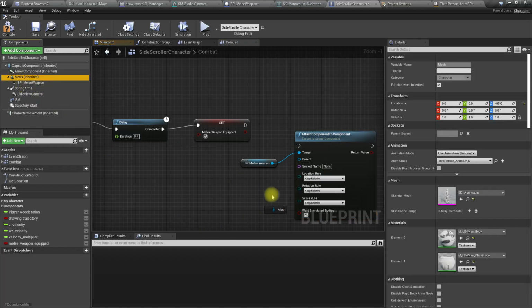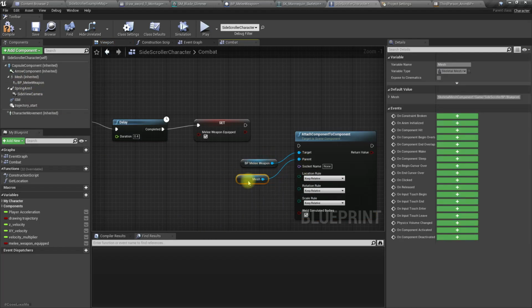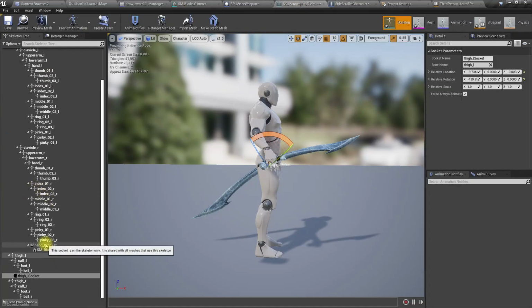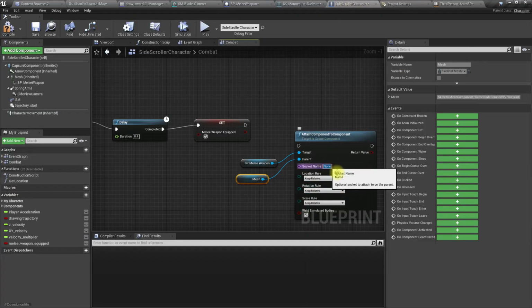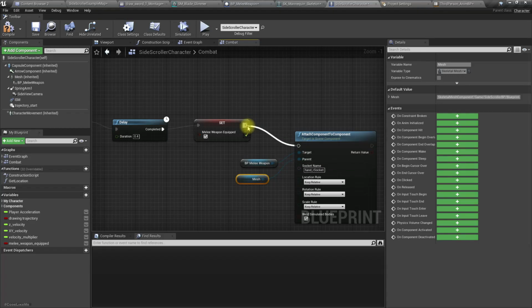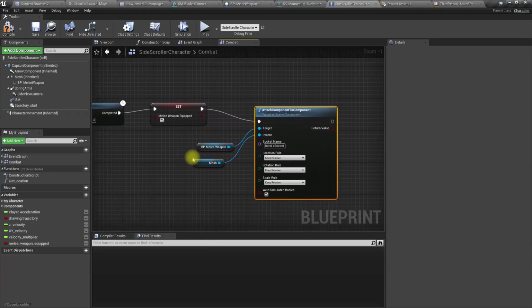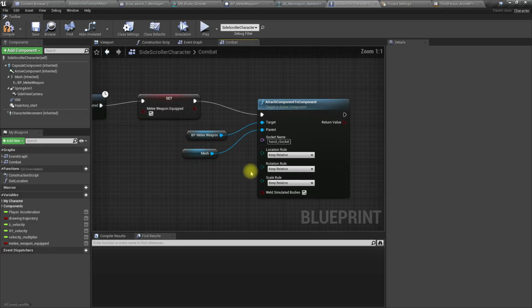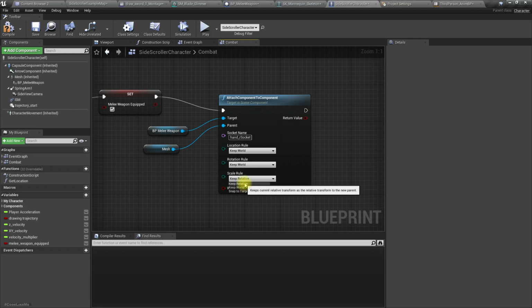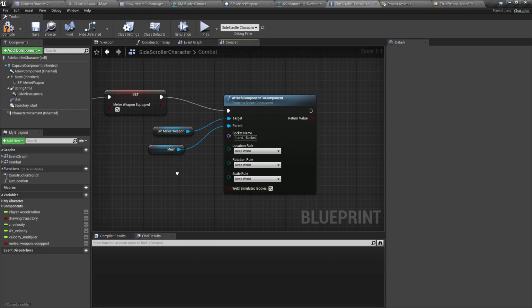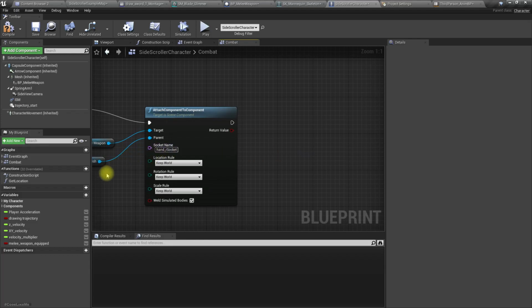The parent should be the mesh, and the socket name is this hand R socket. Right, here I'm gonna keep everything world, world location, rotation, and scale, and after that